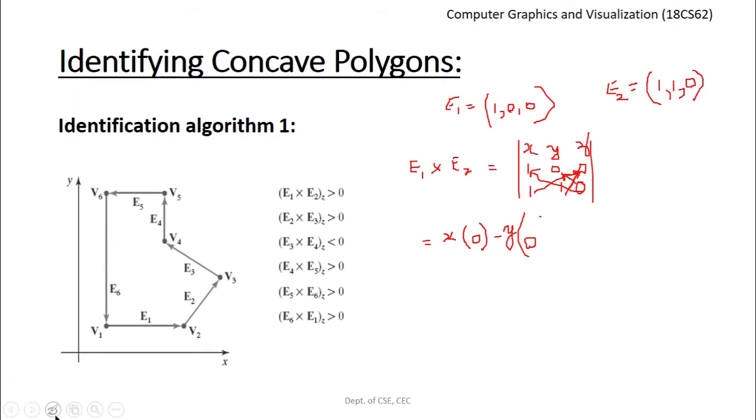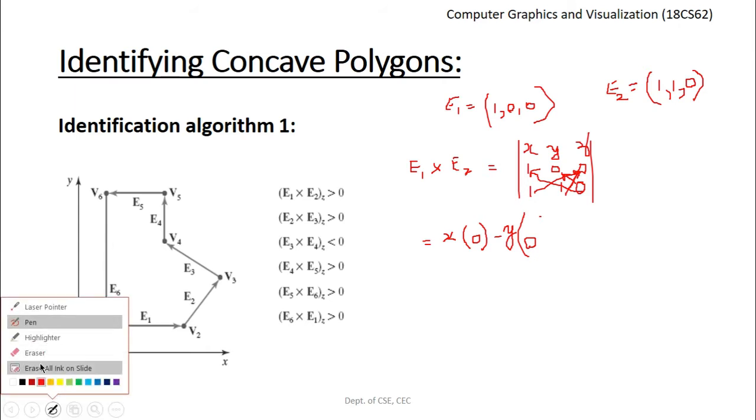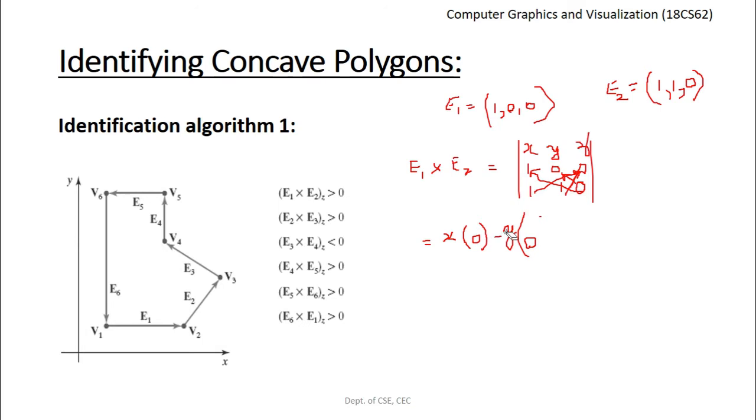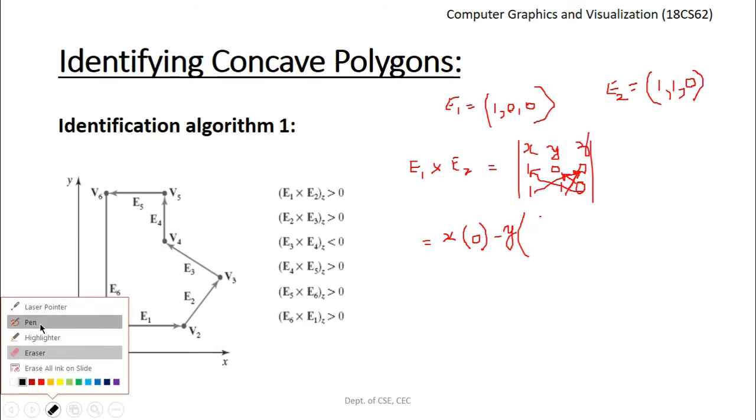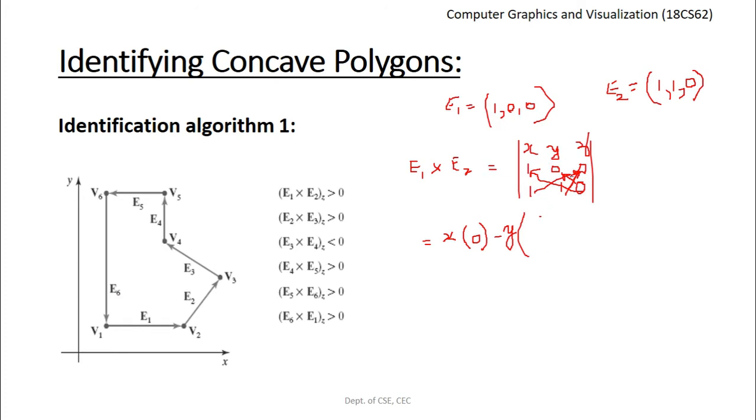So the y component will also be 0 in this particular case of E1 cross E2, because 0 into 1 is 0, minus 1 into 0 will also yield us a value of 0. So y into 0